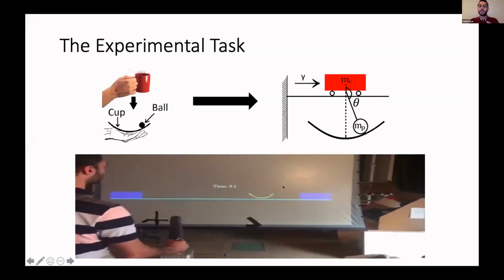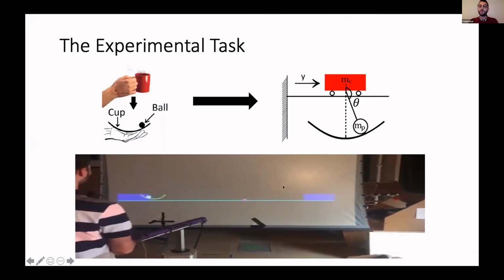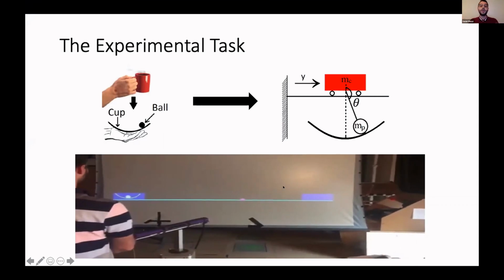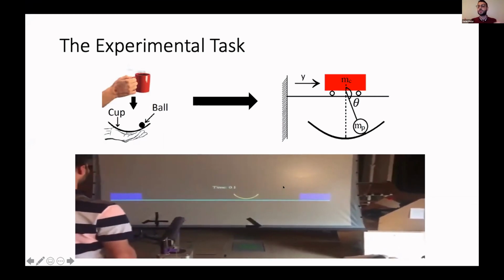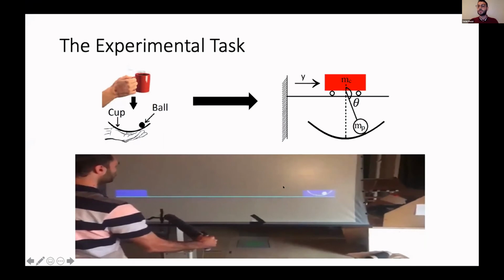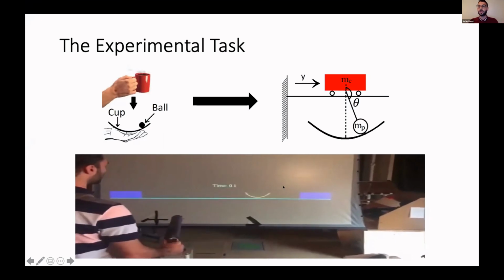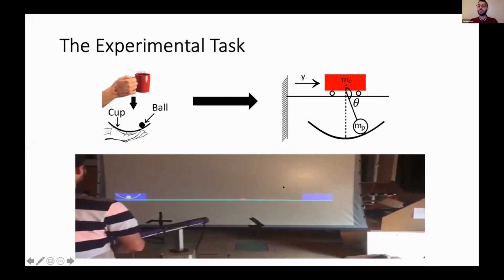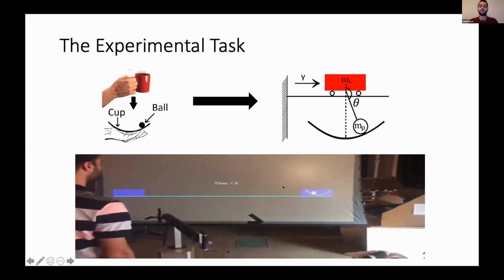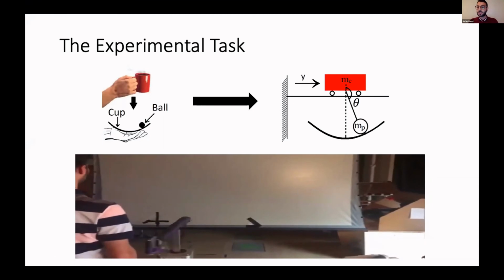So the task that we looked at is motivated by how humans transport a cup of coffee. For simplicity and tractability of analysis, we reduced that to looking at how humans manipulate a cup with a ball. And in simulation, we reduce it to just the well-known cart-pendulum system. The way we do it is that we virtually simulate this cart-pendulum system in a virtual environment, and the human subject can interact with this virtual object through a robotic manipulandum. This robotic manipulandum provides haptic feedback. And the task is we ask the subjects to move this cup and ball system from the start box on the left in this video to the target box on the right as fast as possible